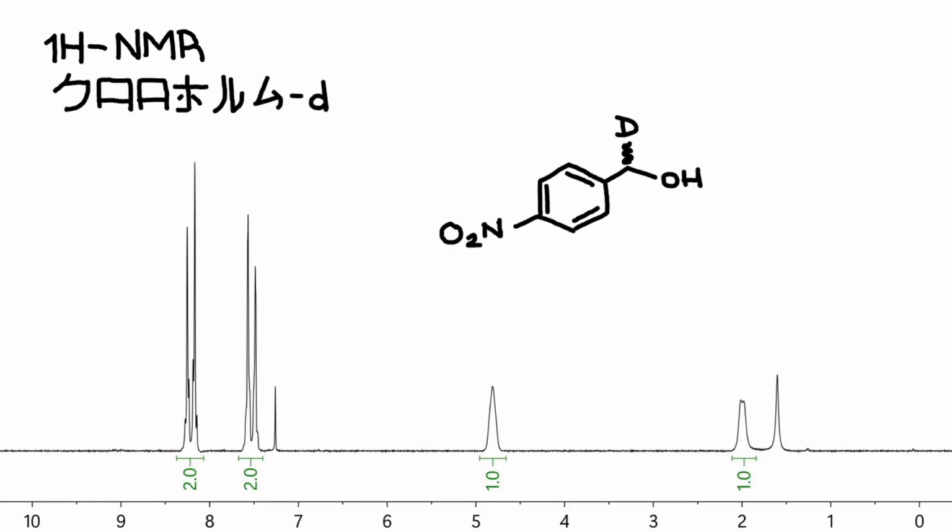In the proton NMR, the aromatic region shows the expected para-disubstituted pattern. The key change is at the benzylic position. In normal 4-nitrobenzyl alcohol, the CH2 group appears as a 2H signal around 4.6 ppm. In my product from sodium borodeuteride, that benzylic signal integrates to 1H. That tells us one position is deuterium from the sodium borodeuteride, and the other is a proton from the